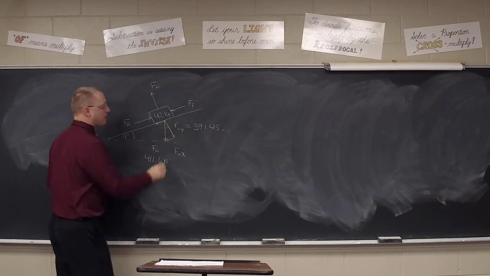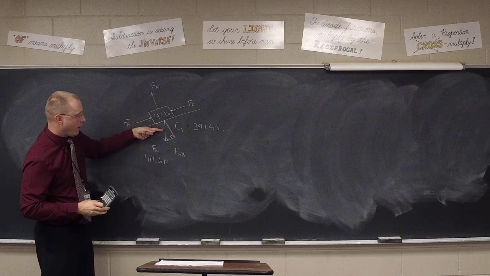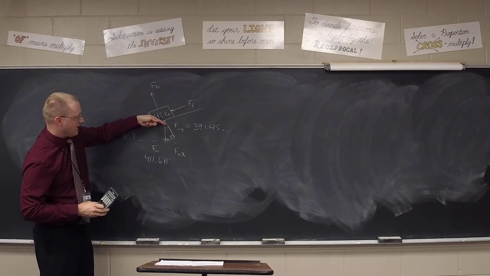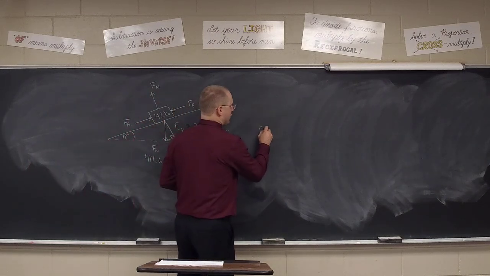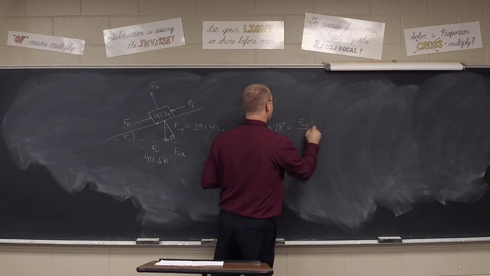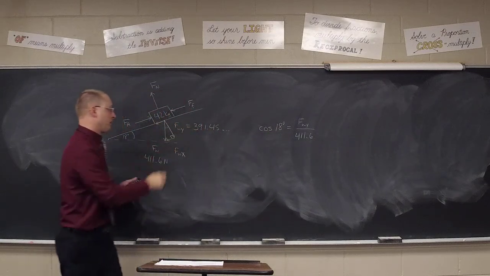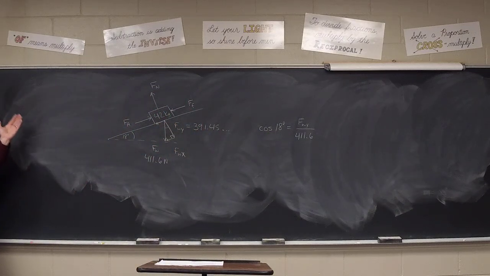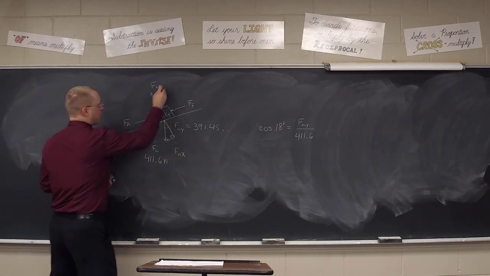391.454. Good. Keep in mind that the right angle is here between the x and the y components. This here, the weight, is the hypotenuse. So I have an 18-degree angle, I have the hypotenuse, and what I'm finding is the adjacent. So we can say that the cosine of the 18-degree angle equals the adjacent weight in the y over the hypotenuse, which is the 411.6. We just multiply, and that's where that number comes from. But since that's the weight in the y, Kendall, you said that's also the normal force,